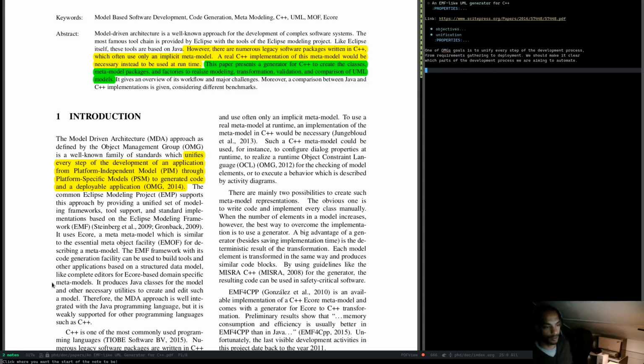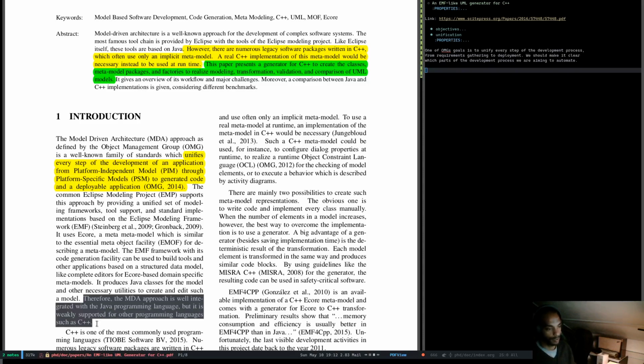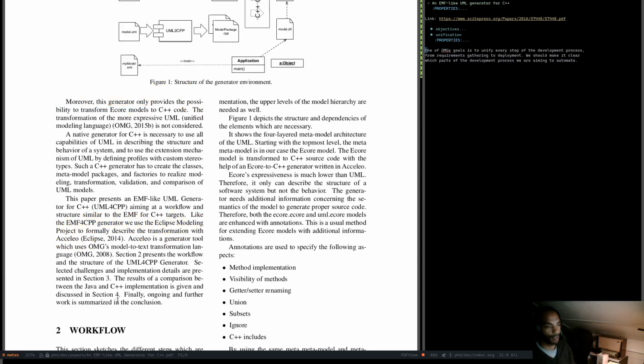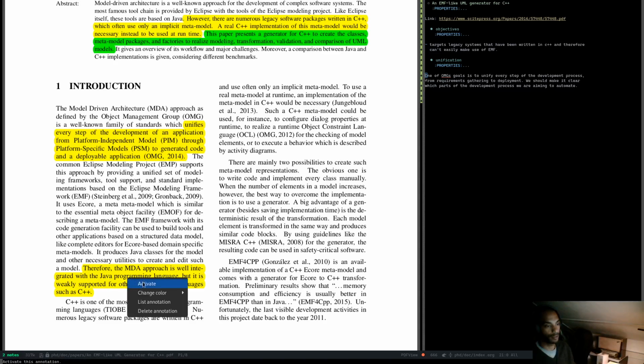It produces Java classes for the model and other necessary utilities to create and edit such a model. Therefore, the MDE approach is well integrated with the Java programming language, but is weakly supported for other programming languages such as C++. So another really important point here. I think this is probably a red. So what we're trying to say here is that for those that want to use